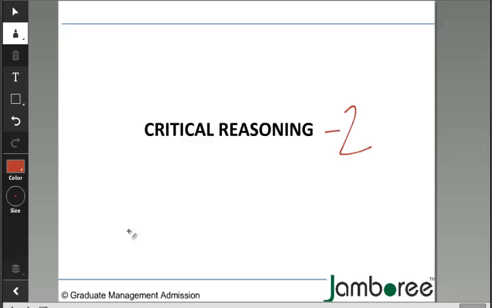The GMAT book 2 questions are actually discarded questions of official guides, since the 7th edition. Whenever a new official guide comes, some questions are replaced with newer questions. So the book 2 questions are actually official guide discarded questions. So they are also official questions, which means they are also actual GMAT questions. In our entire official guide, we have more than 350 CR questions, of which only 2 are boldface,